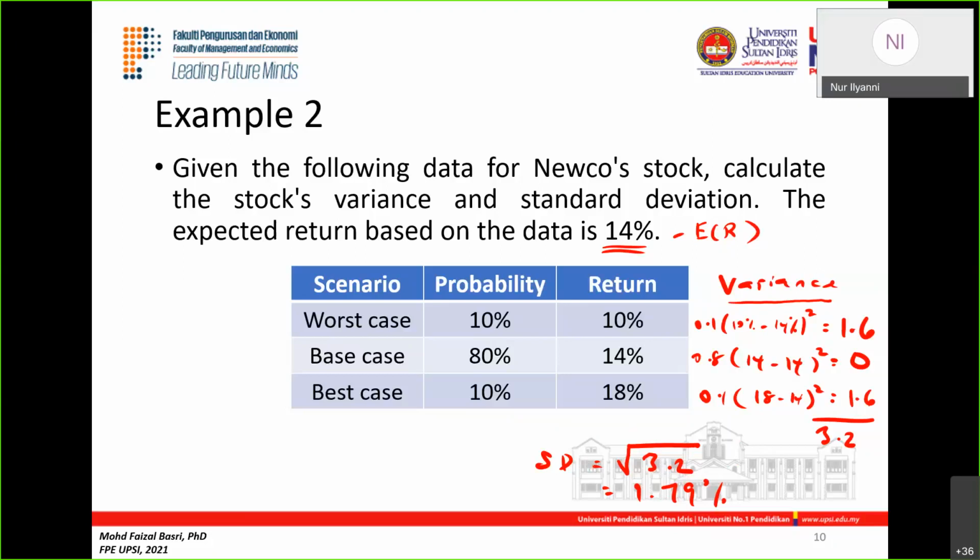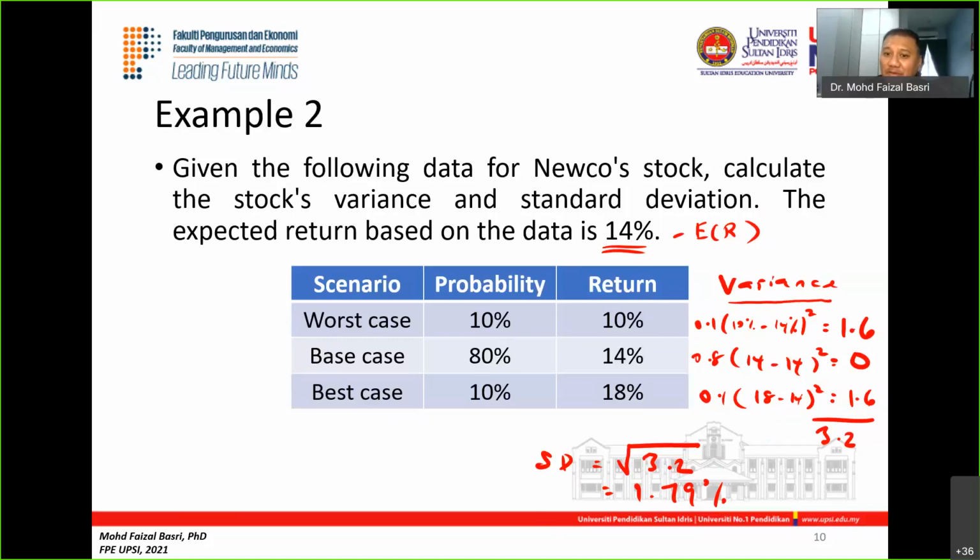Doctor, because we are using percentage, what if I use decimal instead of percentage? You don't use 10%, decimal? Oh, we need to use percentage, not decimal. Which one? Standard deviation, the calculation. I mean, you put calculations 0.1 minus 0.14. Yeah, I do like that. Is it alright, or I cannot use that one? It's okay as long as you get the same answer.